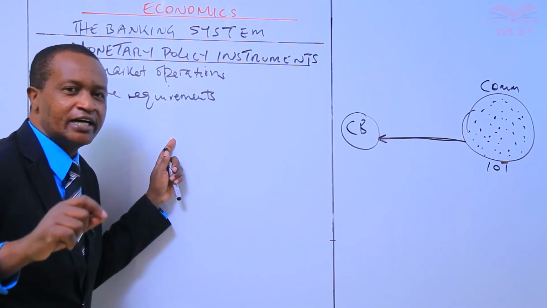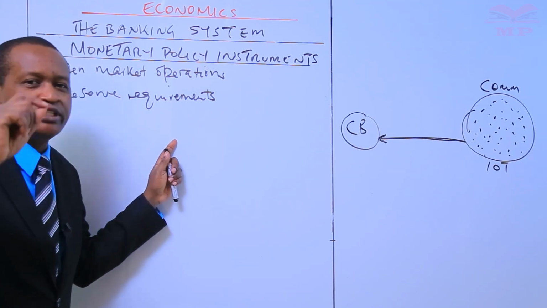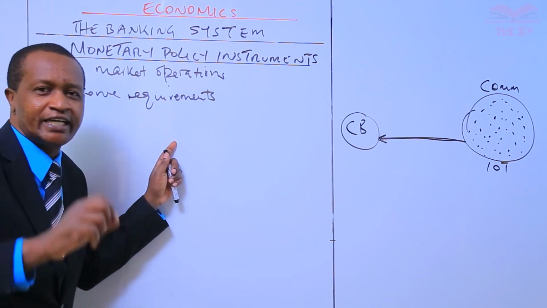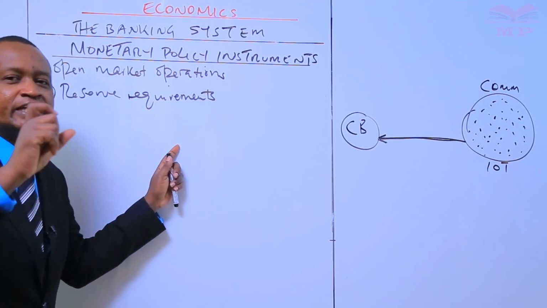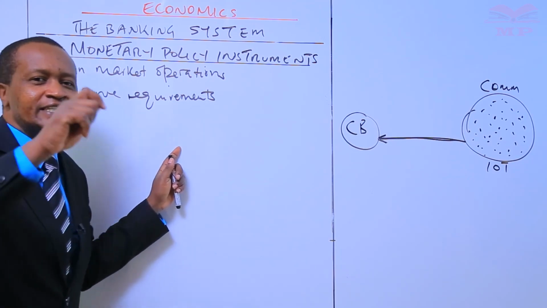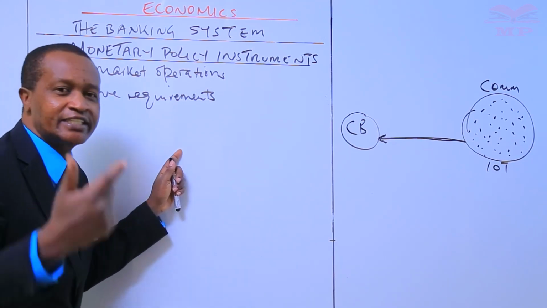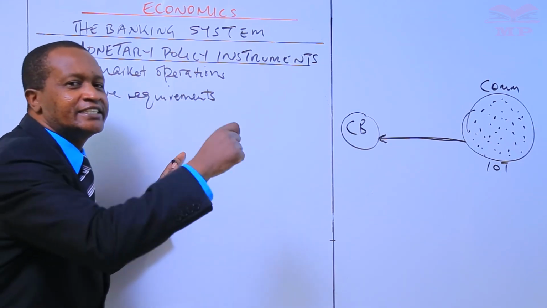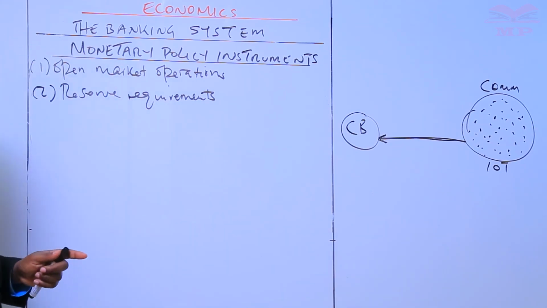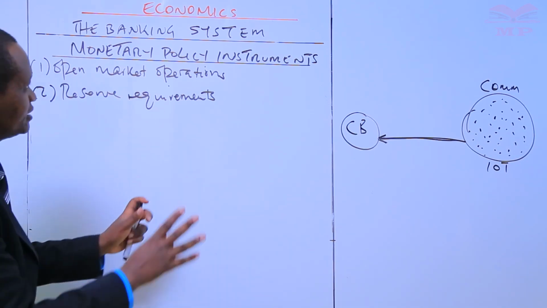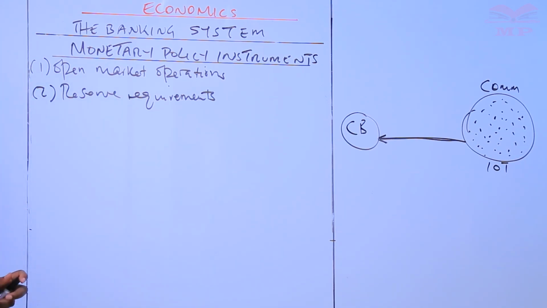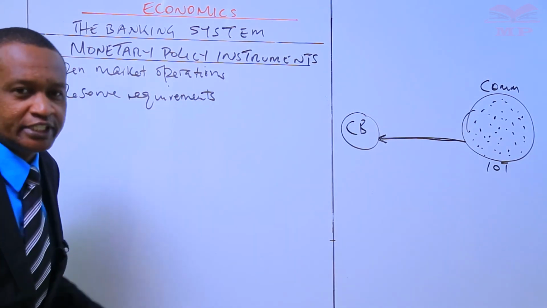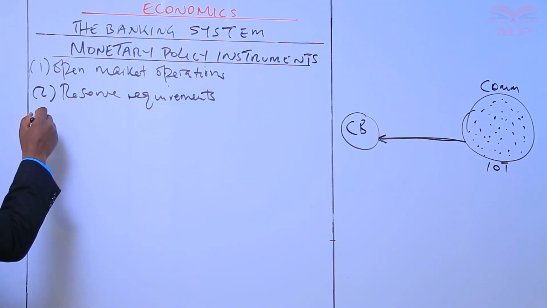The central bank, I repeat, may require all depository institutions to set aside a percentage of their deposits as reserves to be held either as cash on hand or as account balances at the central bank. That's one instrument that the central bank can use in developing monetary policy. Number 3,